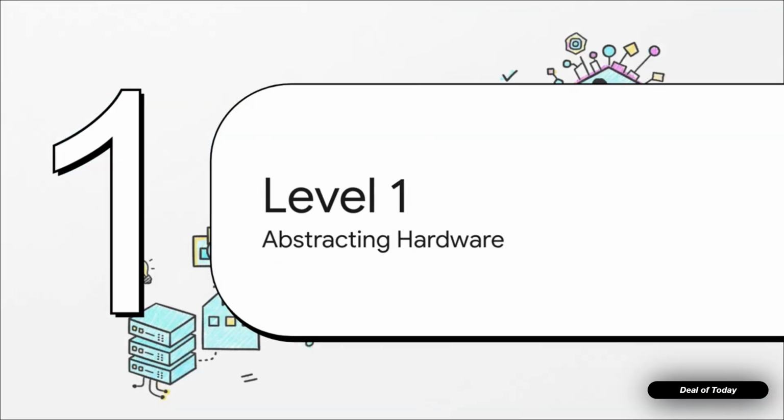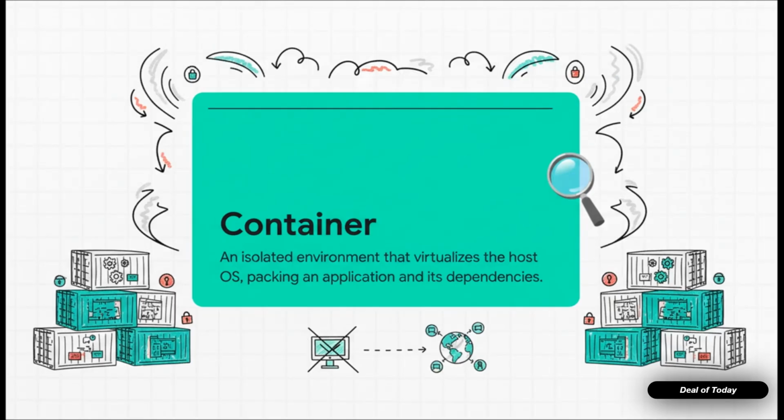Our journey starts right at the bottom, at the foundation, the hardware. For the longest time, if you wanted to run an app, you needed a server, a physical box. The first massive leap forward was figuring out how to stop caring about that physical machine itself. And what was the key to that leap? The container. Now, don't just think of it as a box for your code. Think of it more like a complete, self-contained bubble. It bundles up your application with every single thing it needs to run. It's basically a lightweight, super portable version of just the operating system parts it needs without having to pretend to be a whole new computer.